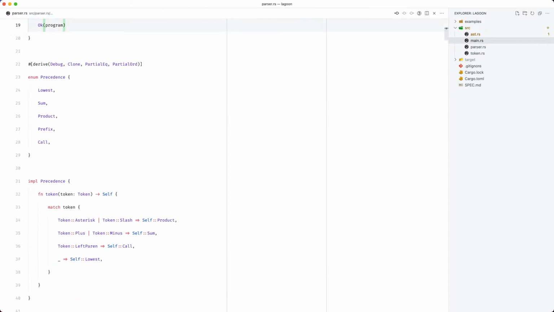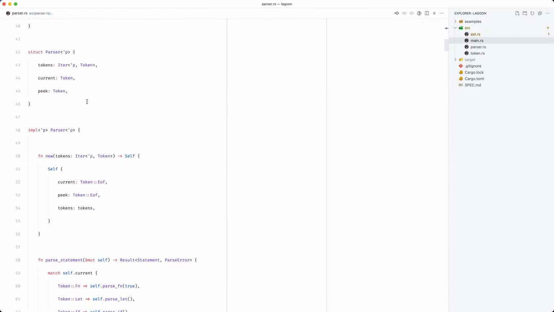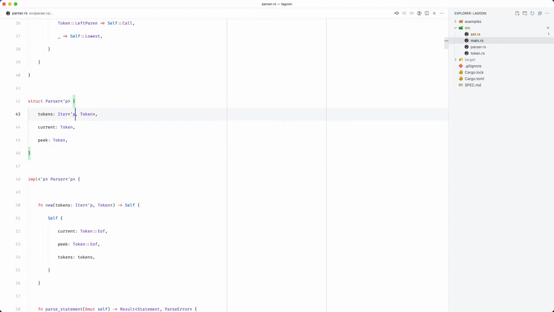So if we scroll down a little bit, we'll end up in the parser itself. So the parser stores the tokens. This is the iterable object. So this isn't an iterator that loops over tokens. And it also stores the current token as well as the next token. And this is more for locality reasons. We don't have to keep on calling get at a certain index. We can always hold the next token in memory, because that's probably going to determine what we do in some cases.